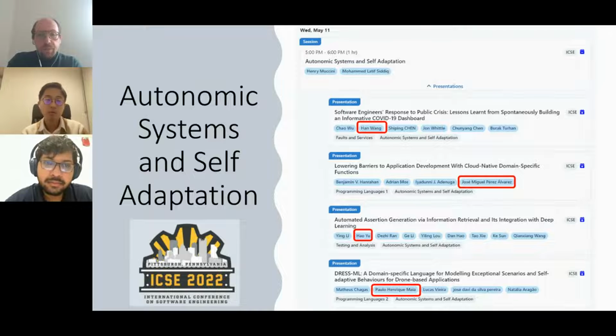At this point, I stop sharing and I leave the space to Han Wang, presenting the first paper that has to do with their experience in engineering this COVID-19 dashboard and their experience in using this with a big number of users and a relevant number of developers and students who contributed to this project. Okay, so please. Thank you.